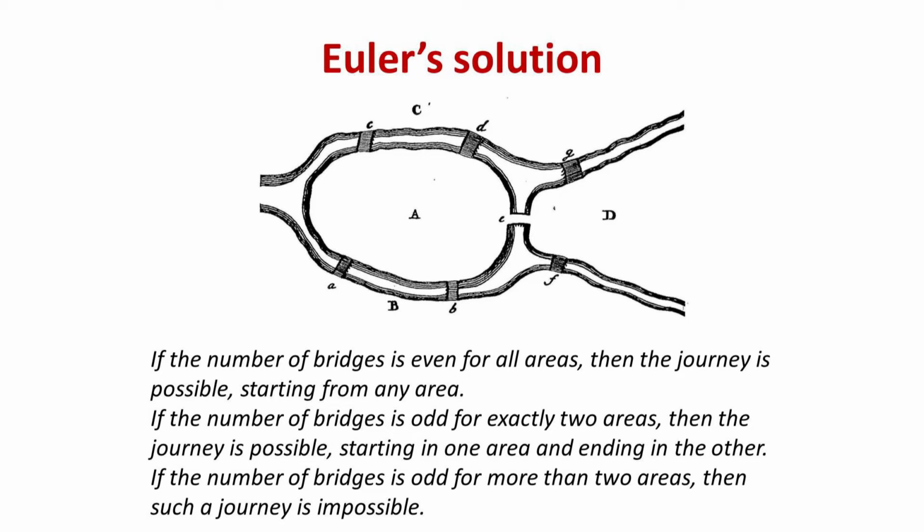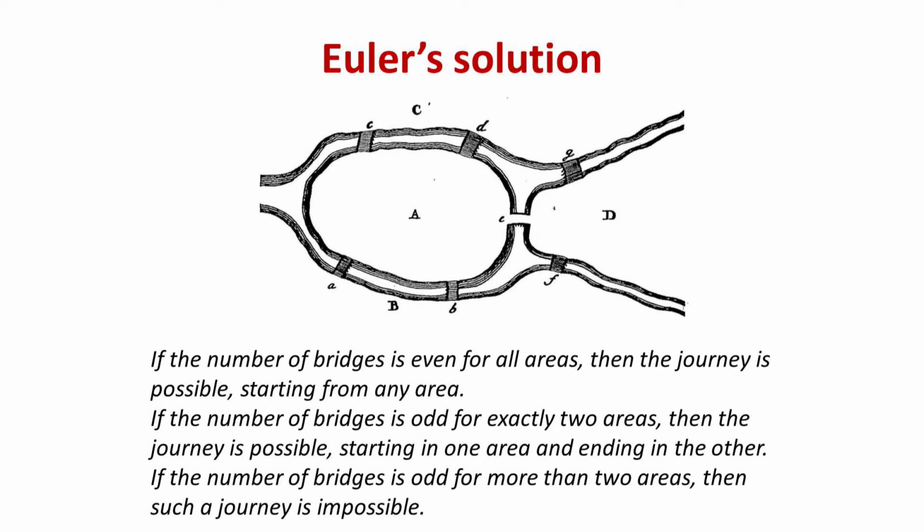And he, after some discussion, in his paper of 1736, realized that the answer depends on whether the numbers of bridges emerging from the land areas are even or odd. Basically, it's relevant because if they're all even, then whenever you come into an area, you can go out again. And so he stated that if the number of bridges is even for all areas, then the journey